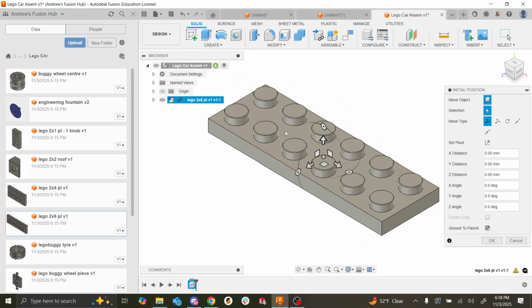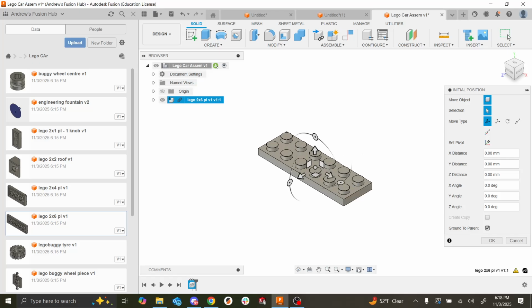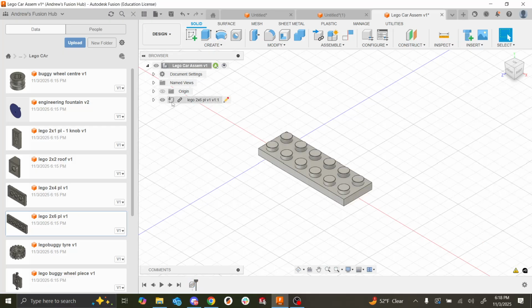It'll give you a nice preview. There's no parts right now, so it's just kind of in space, but this looks good to me. I'm gonna press OK. You can see here in the top left, there's a little anchor next to the